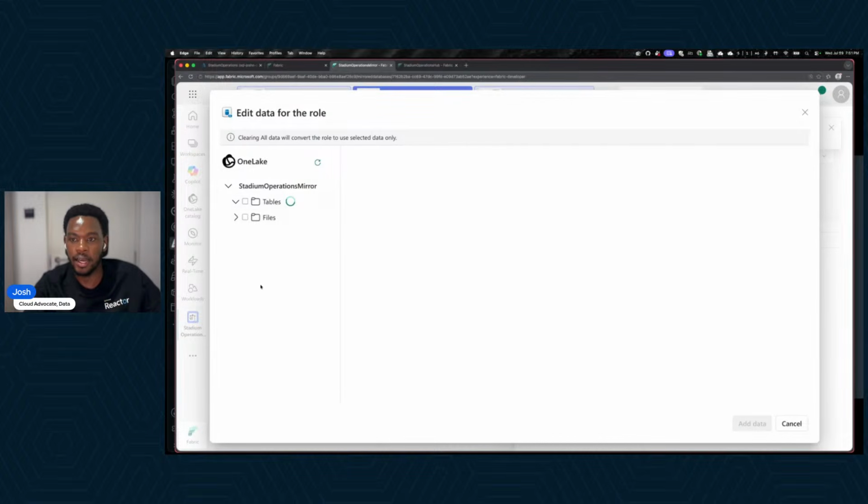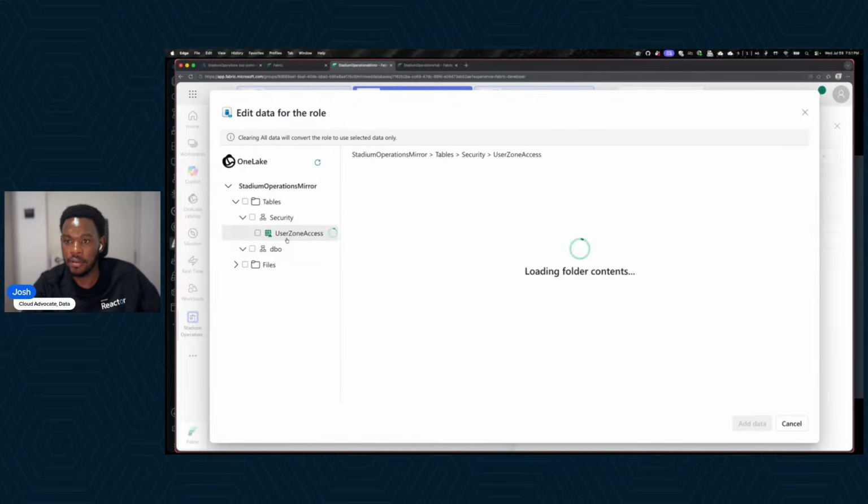Here, for example, I have various tables inside here. I have a security schema and also have the DBO schema. I think the DBO schema has a few tables, and I think the security schema has only one table. Yeah, for example, I can select this table inside here, inside the DBO schema. I can select